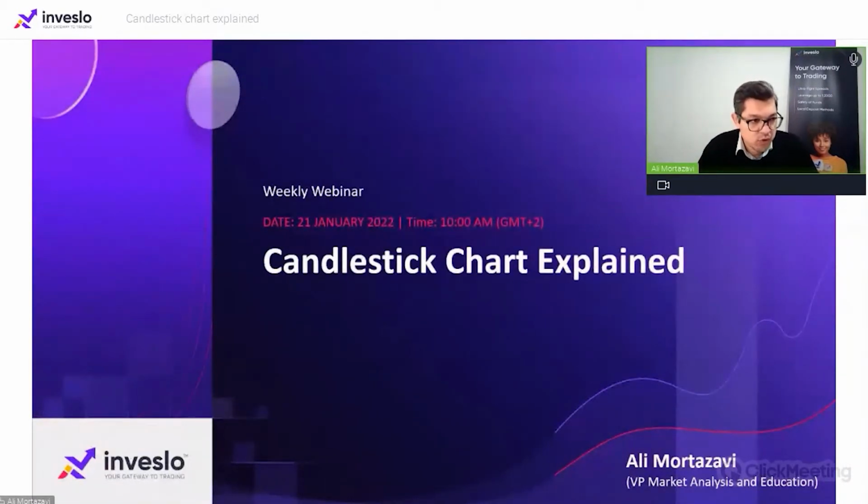The candlestick charts are one of the very common and popular charting methods. And today I'm going to give an introduction to candlestick chart patterns, and we will discuss in a bit of detail the interpretation and eventually the ways that we can analyze the market using these